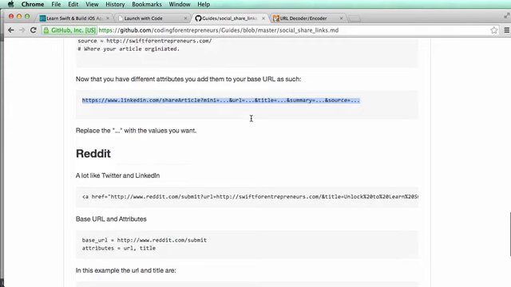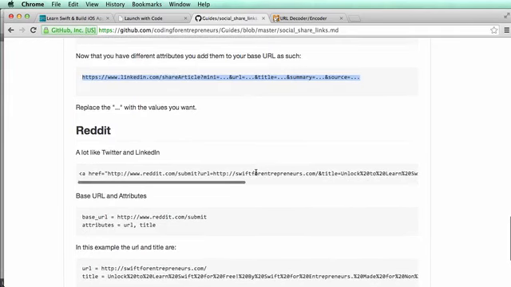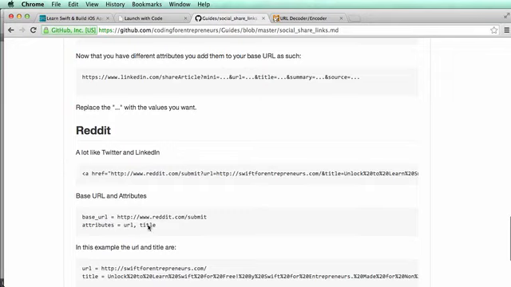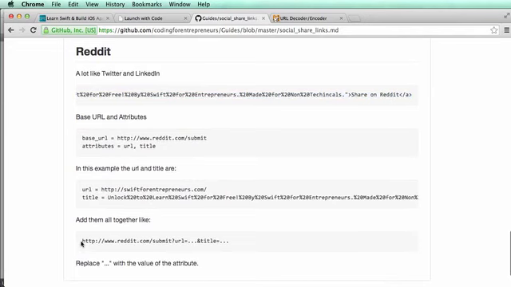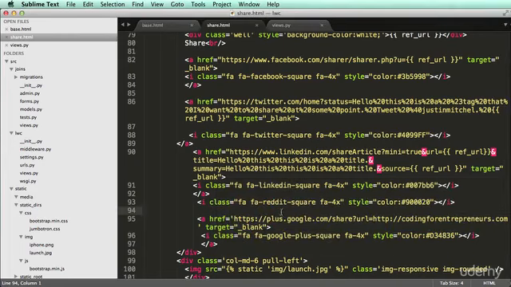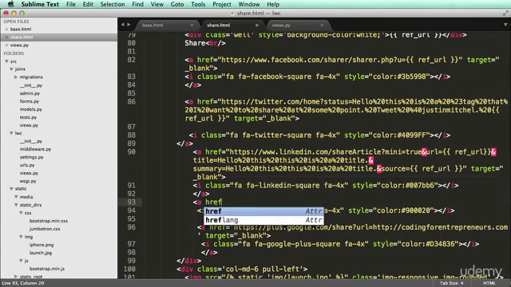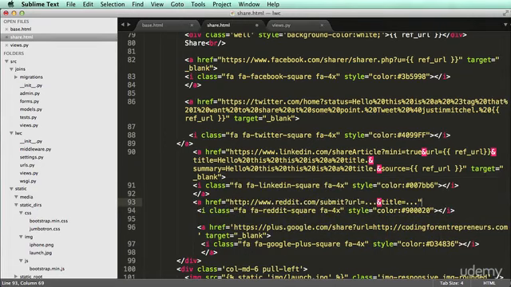And if we look in our guides, we scroll down. It's very similar again. So we have two attributes this time. So it's Reddit, URL, and title. So I'm just going to copy this link down on the bottom, and then go into a href equals that, and then let's close it off,